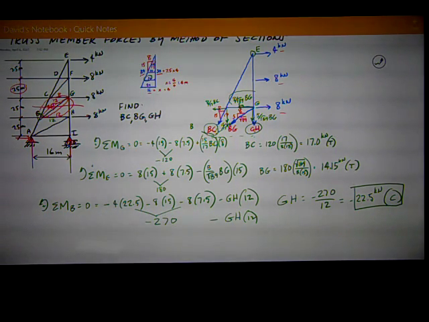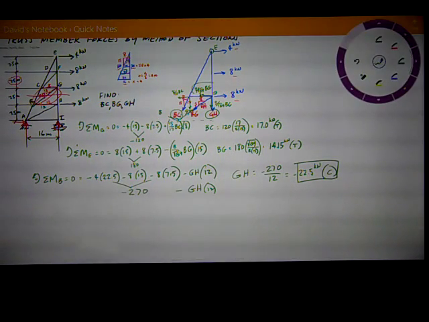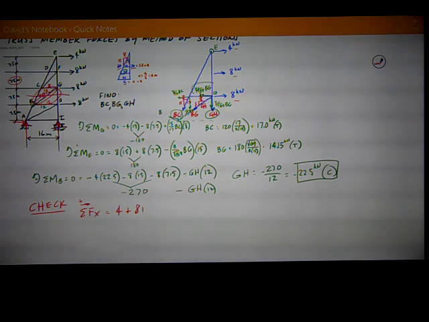But if I'm on a test and I want to make sure that I've got everything right, I always want to check my work if I have time, and I can do that with the sum of the forces. So I can check with the sum of the forces in the x direction, and adding them all up, positive is going to be to the right. I have 4 plus 8 plus 8, the external forces, minus 8/17 of BC, which I found out was positive 17.0,